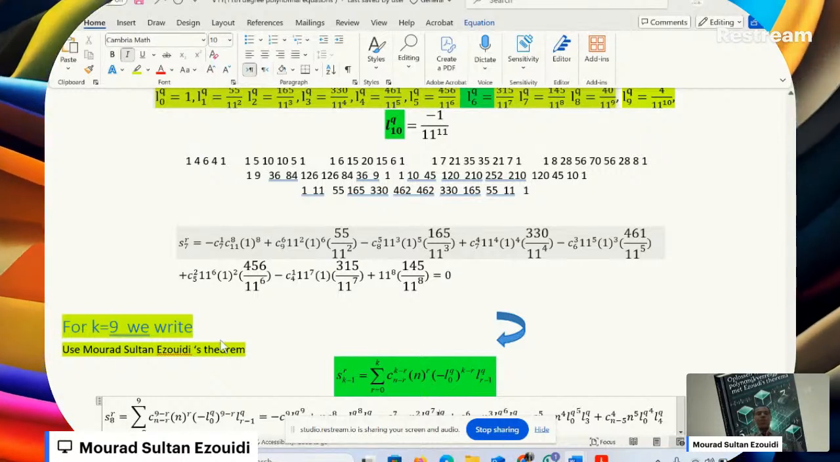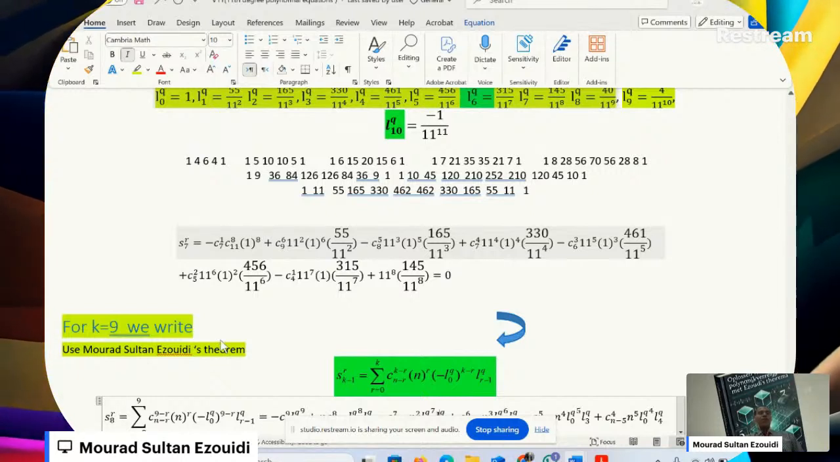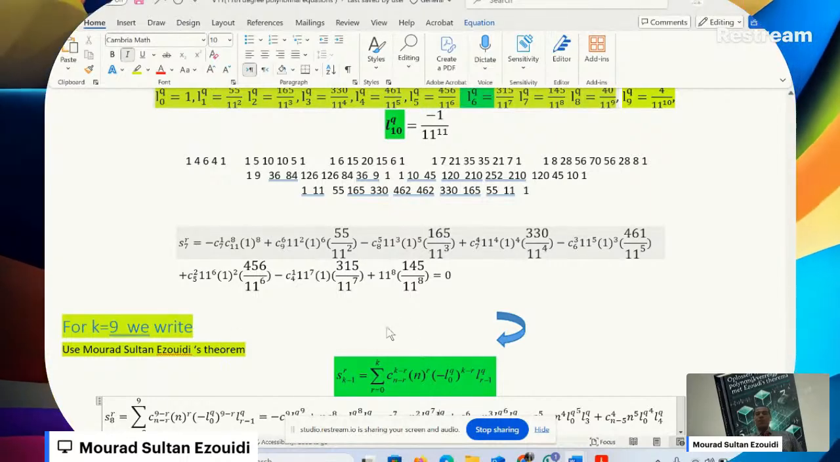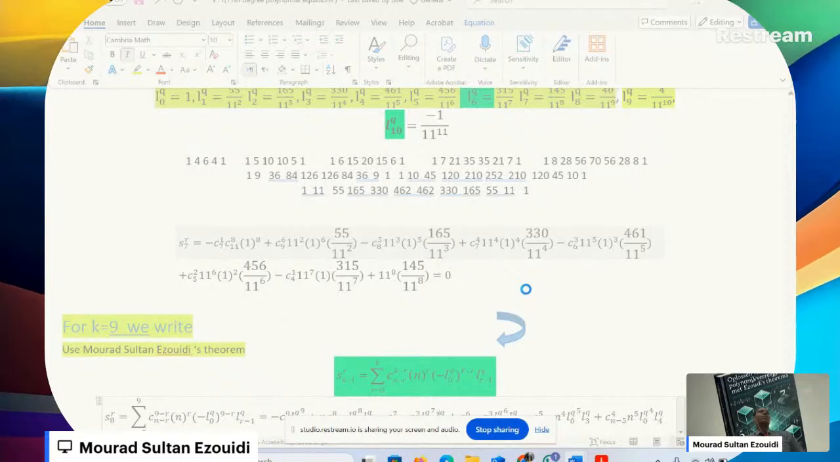Now let's dive into the structure and put k equal 9 in the Mourad Sultan Ezouidi theorem, and we'll find that